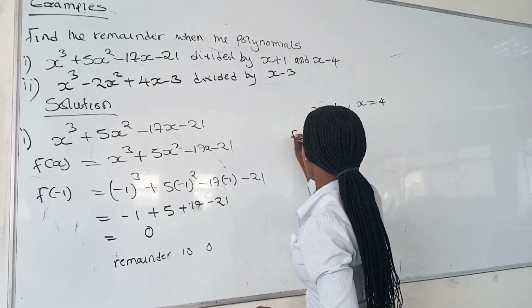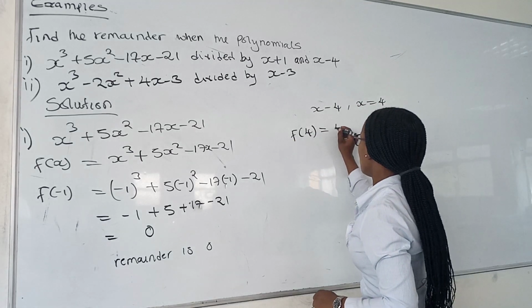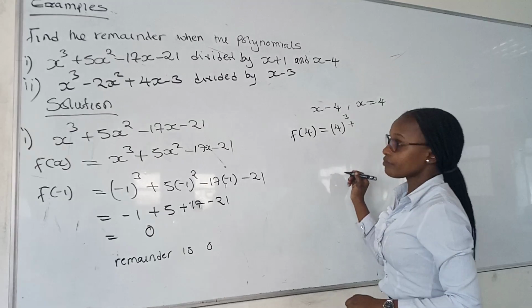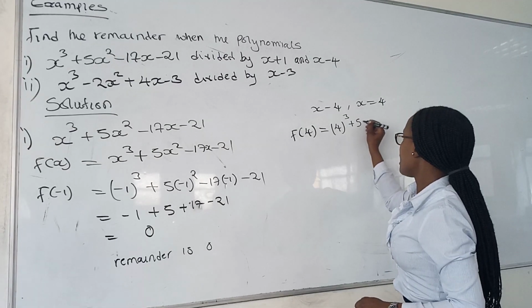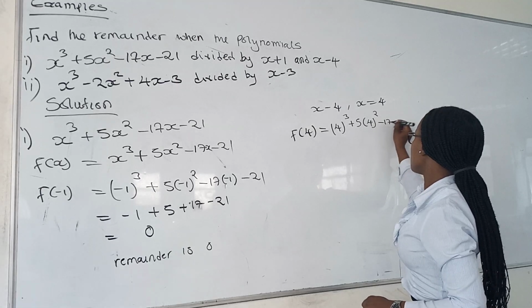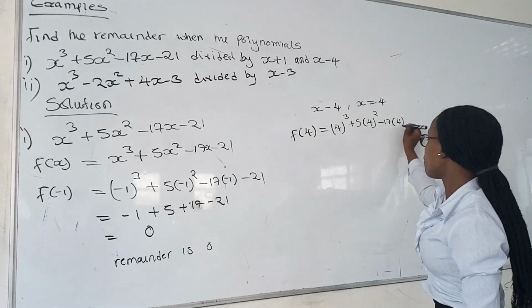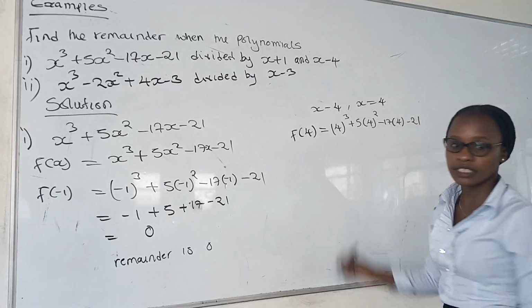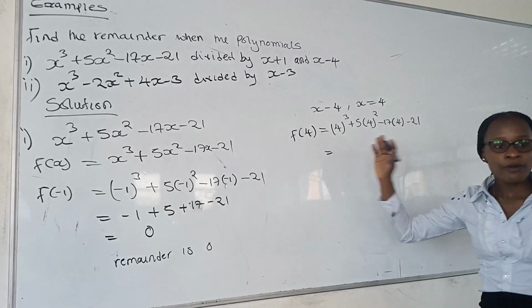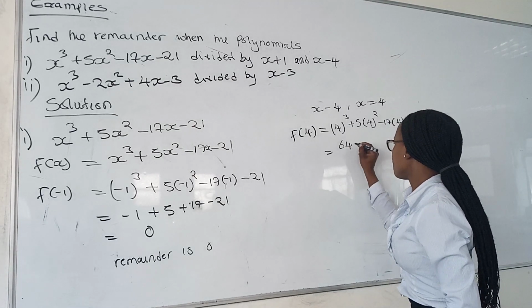So this will now be f of 4 being equal to 4 raised to the power 3 plus 5 multiplied by 4 raised to the power 2 minus 17 multiplied by 4 minus 21. And when we look at this, 4 raised to the power 3 simply gives us 64 plus